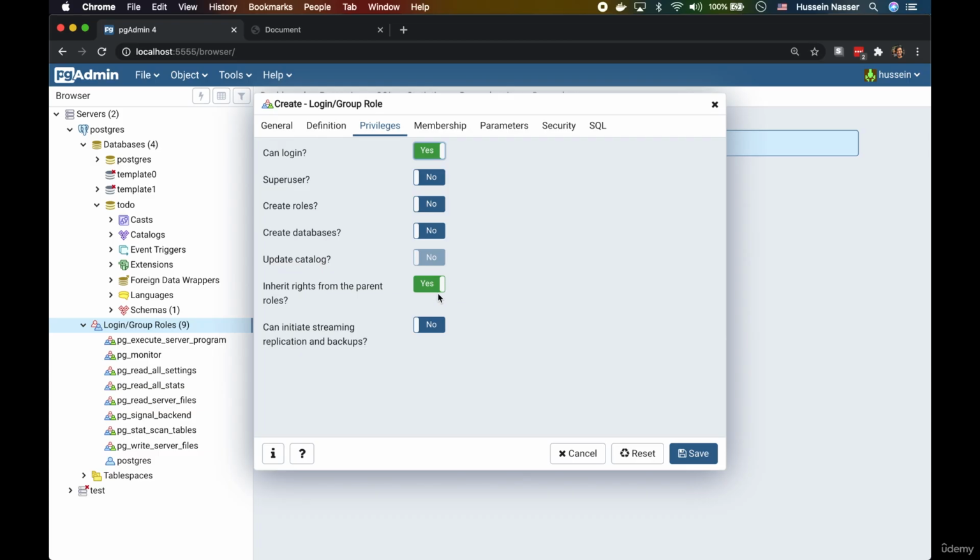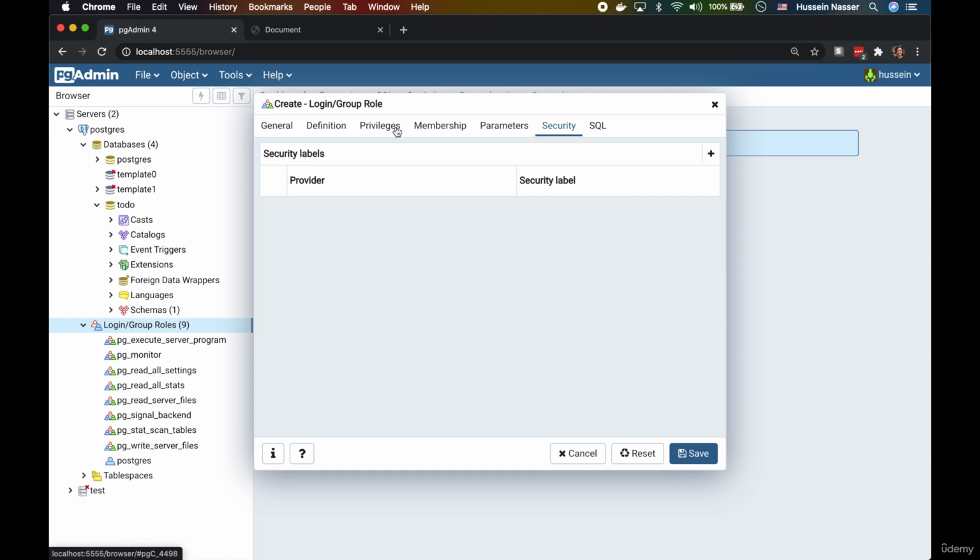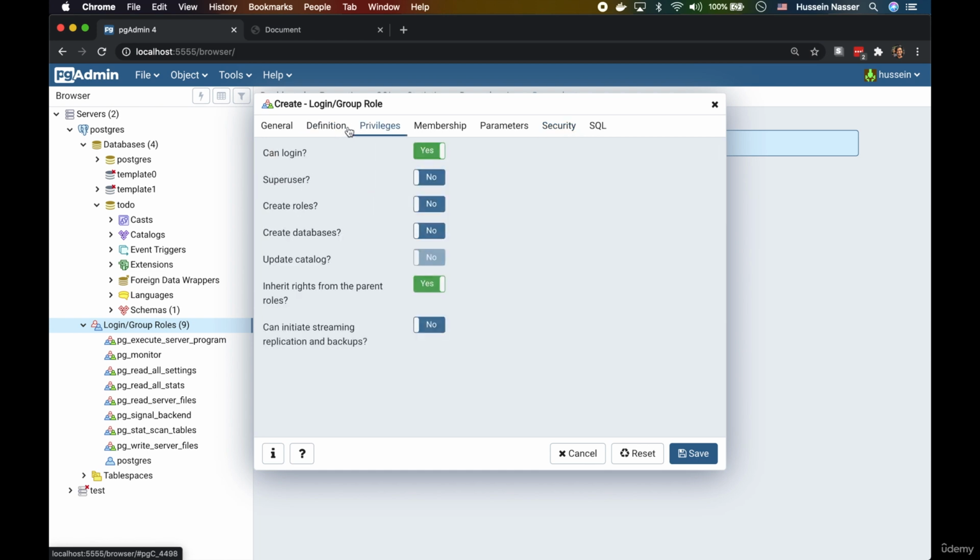Okay, I don't know. It doesn't have a parent, so it doesn't matter. And security, right? That's all we need. The trick is can they log in or not? And there is a reason where you sometimes don't need this role to be log in, because you might have just a role with a set of permissions that you can assign to different tables, but it doesn't have an actual